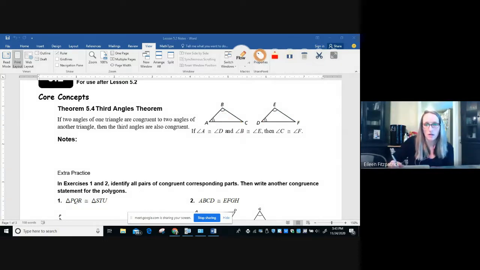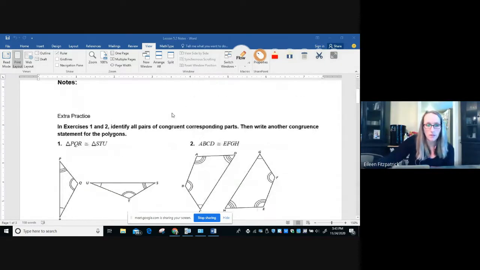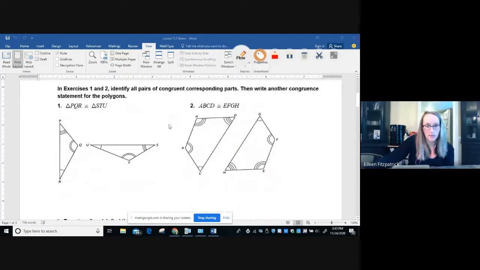All right, moving on down. We're going to get actually right into some practice problems. All right, it says in exercises 1 and 2, identify all pairs of congruent corresponding parts, then write another congruency statement for each polygon. So you're told that the triangles are congruent, and the order in which the letters is given is super important,